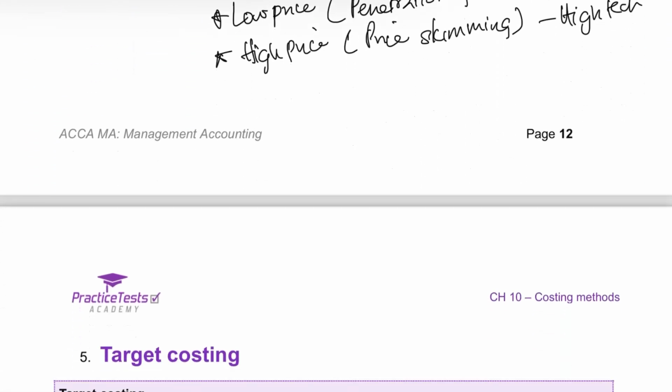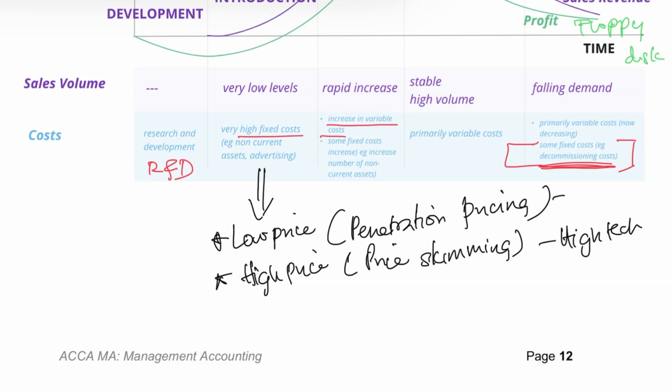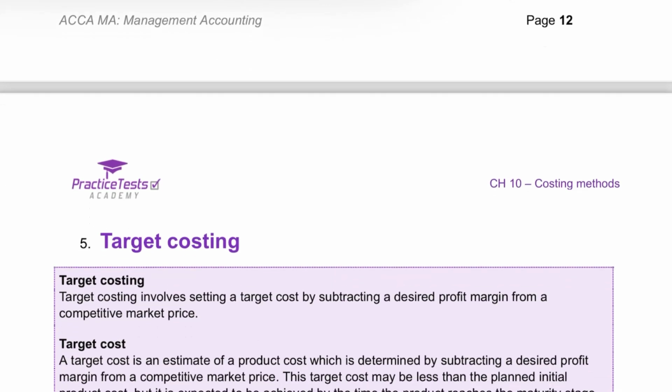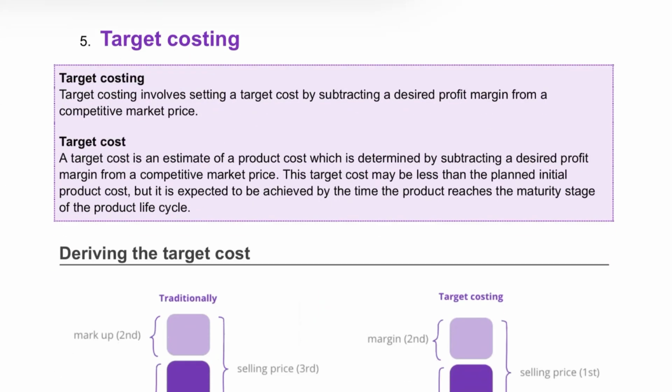So that was one aspect of costing, life cycle costing. Might not be applicable to everything, but like I mentioned, when life cycle costing might be used. Then we have target costing. Now, target costing is basically